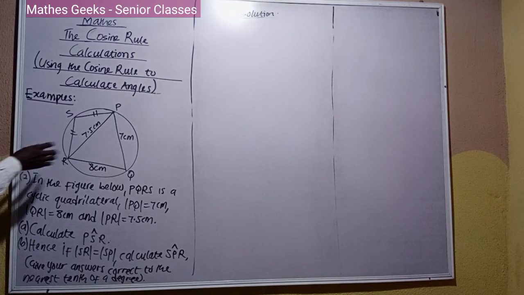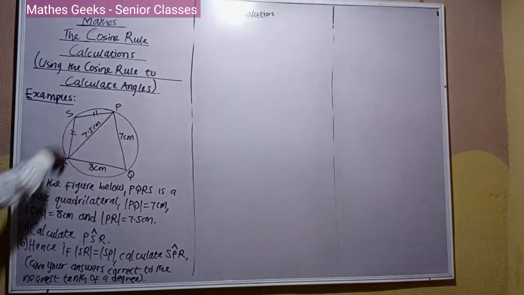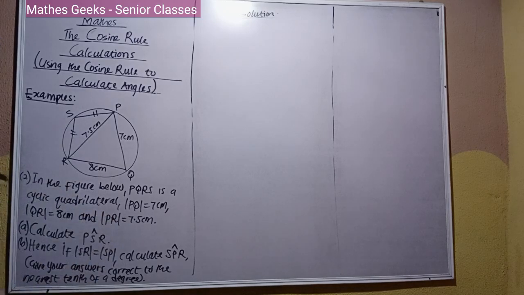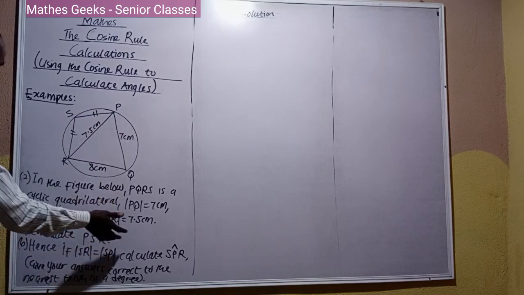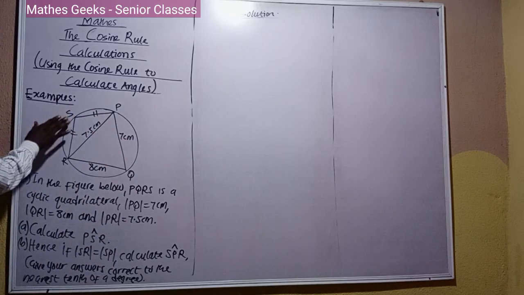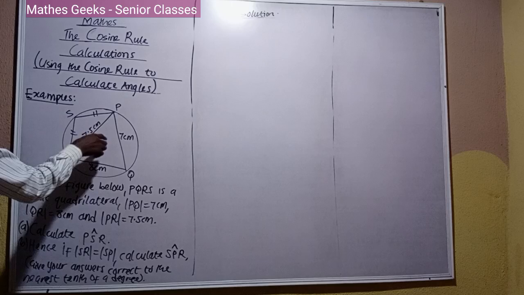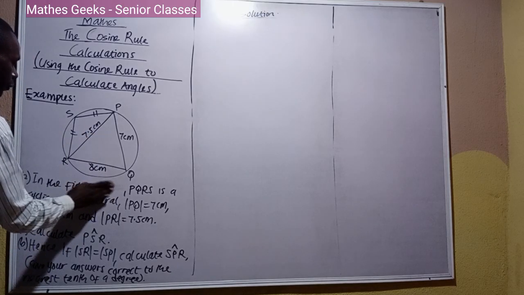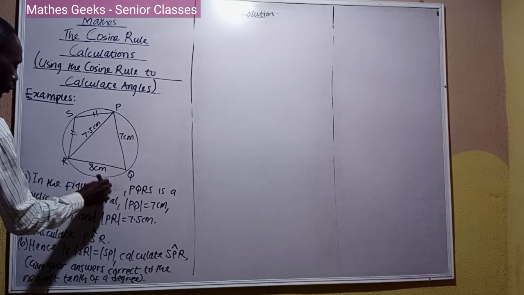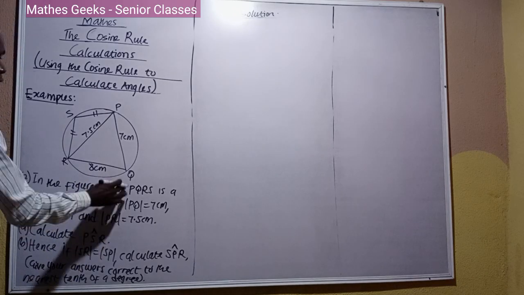And if you observe, I just drew this figure. I forgot to draw it when I put the question on the board. Instead of saying the figure below, it was supposed to be below, but now that I discovered I didn't put it, I had to wipe the first question because I already solved it and put it in place of the first question. So rather than putting below, let me write above. So in the figure above,